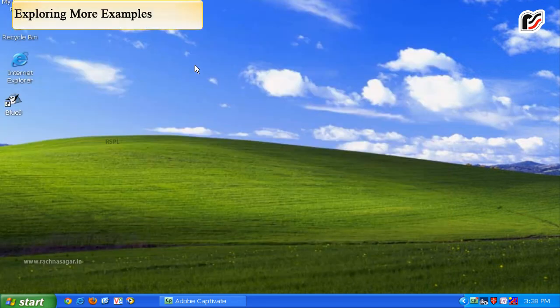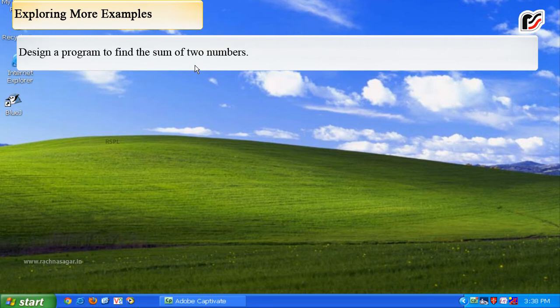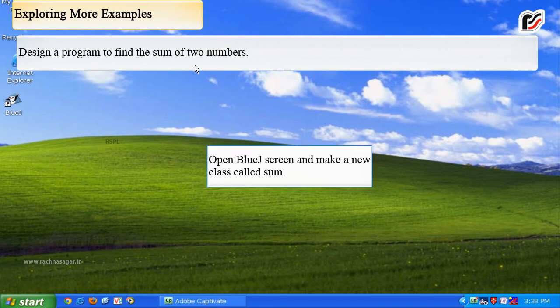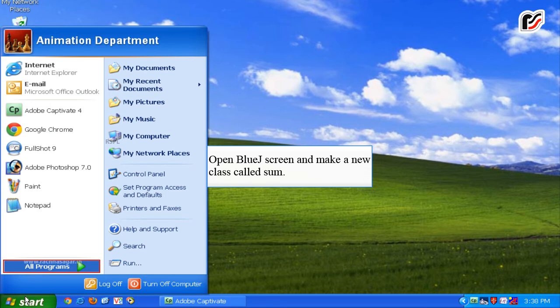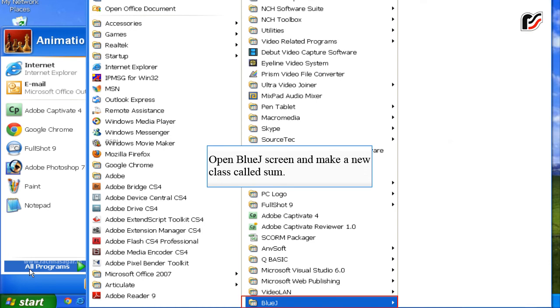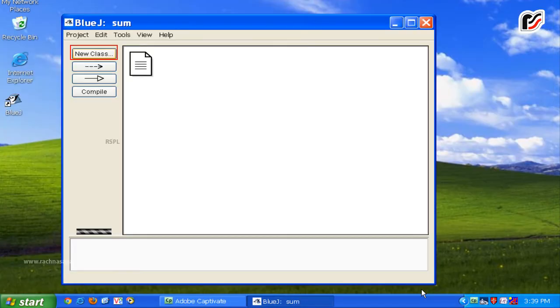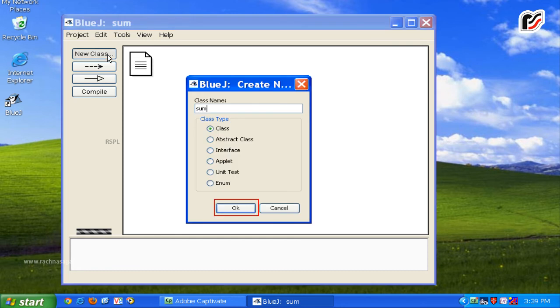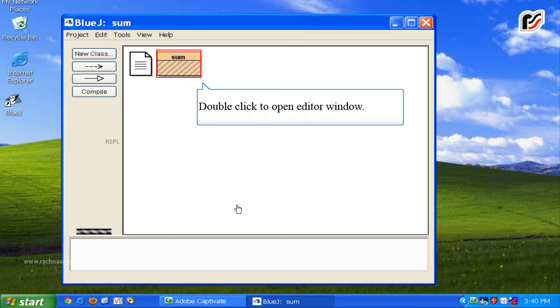Exploring more examples. Design a program to find the sum of two numbers. Open BlueJ screen and make a new class called sum. Double-click to open editor window.